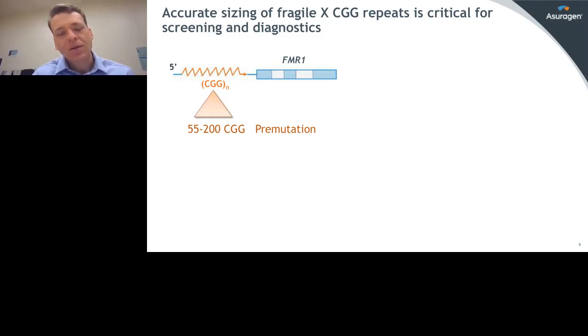But in addition, carriers are at risk for a couple of different Fragile X-associated disorders. One of these is FXTAS, or Fragile X-associated tremor and ataxia syndrome. This is an age-onset neurodegenerative disorder whose symptomology is often confused with Parkinson's disease. And then in women, FXPOI, which is Fragile X-associated primary ovarian insufficiency. FXPOI affects about 20 to 25% of premutation women, and many others that are carriers may have milder forms of ovarian dysfunction. So this is a very significant disorder within premutation carriers.